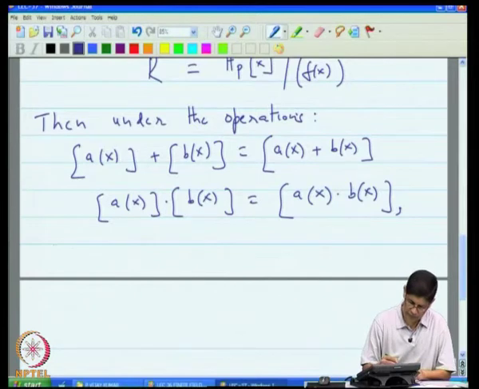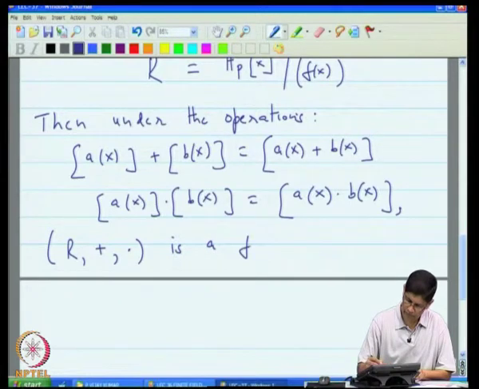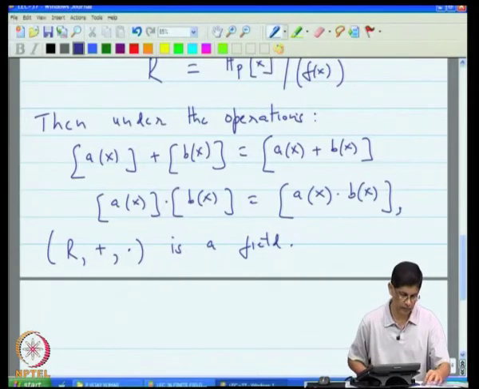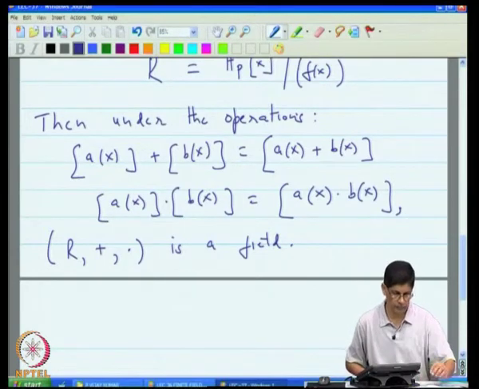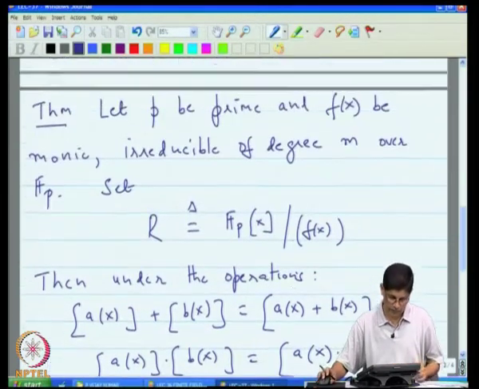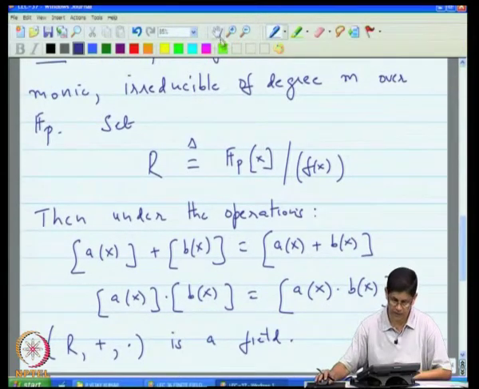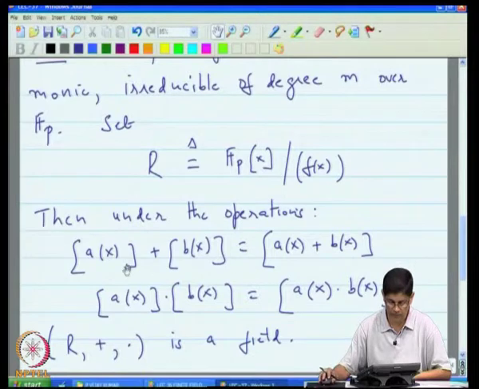Then under these operations, if you consider R plus dot, it is a field. Now, when a mathematician, first of all let me just try to explain this. What this is saying is that, look, you define an addition operation between two equivalence classes